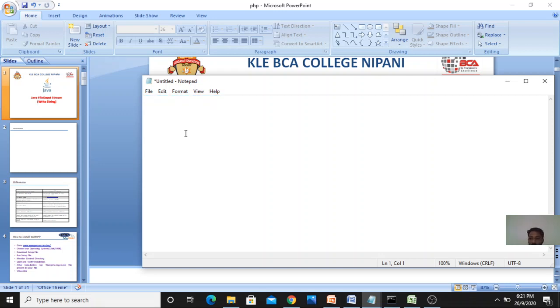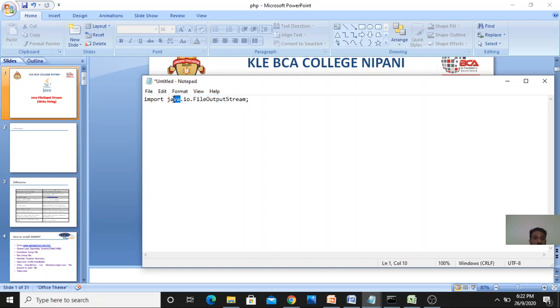First we need to import the package, that is the IO package. Import java.io.FileOutputStream.